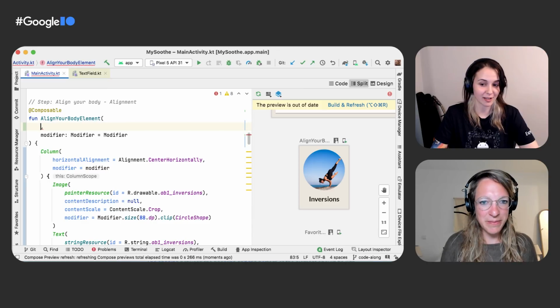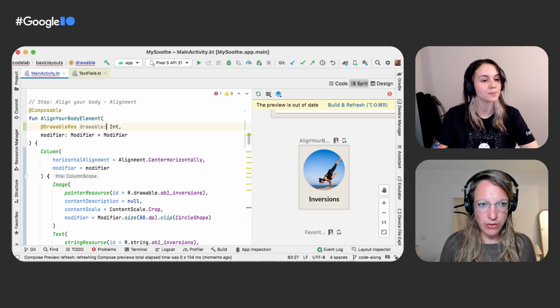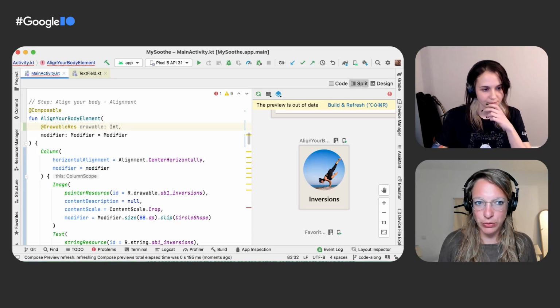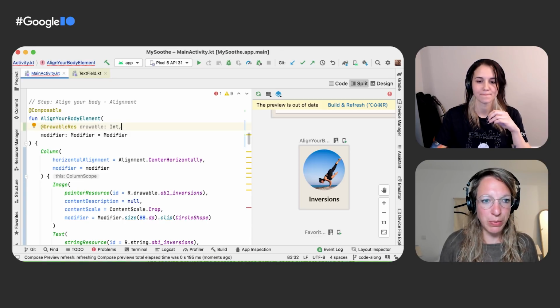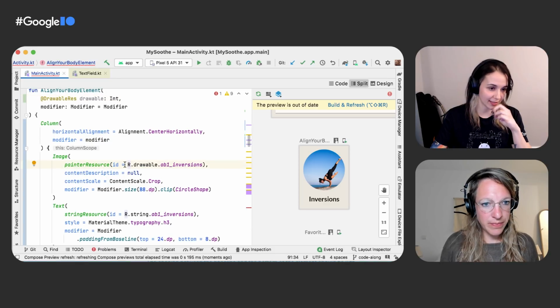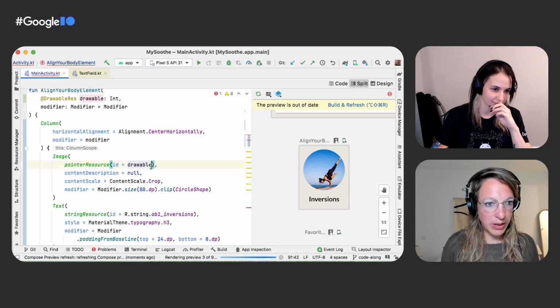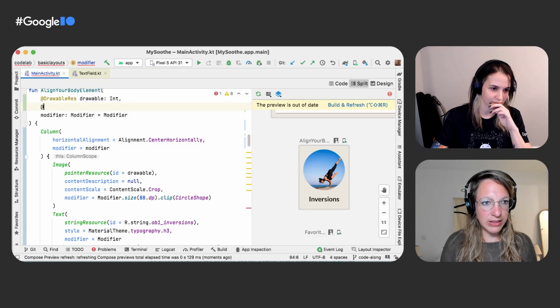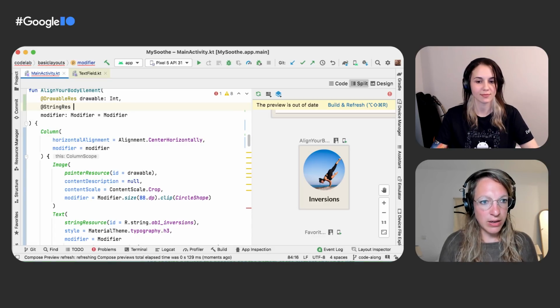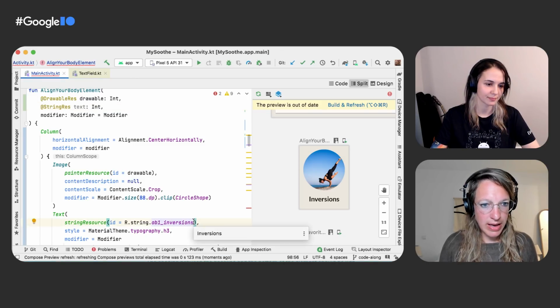Exactly. We can add a parameter for the image, and we can call it, for example, a drawable. Yeah, and we can make it an int drawable resource, right? Then we can pass just a resource name, and we don't have to actually pass the full image inside this composable. Yeah, exactly. And we can also add the text as one of the parameters. Yeah, so let's forward that drawable so that it's being used as well by our image. And then let's add this string resource and call it, do we call it text? Yeah, we can do. And we will replace this one with this text resource.